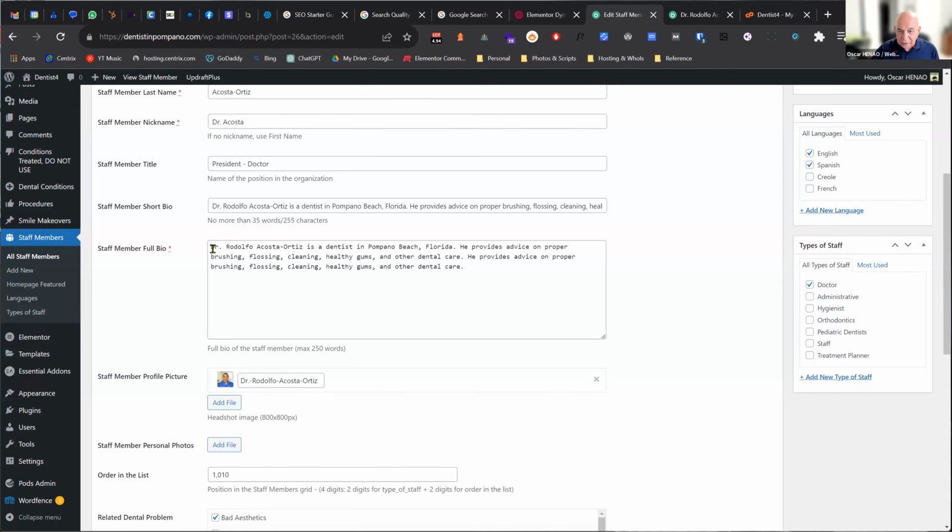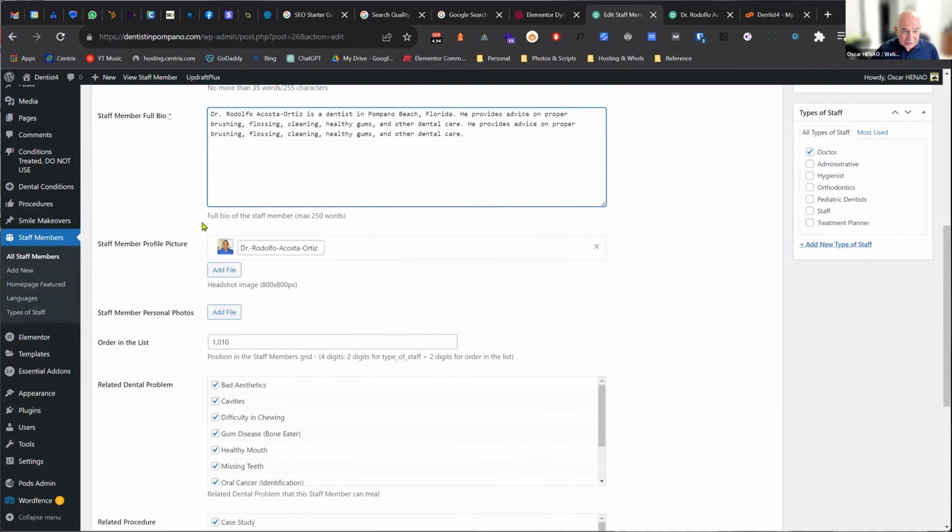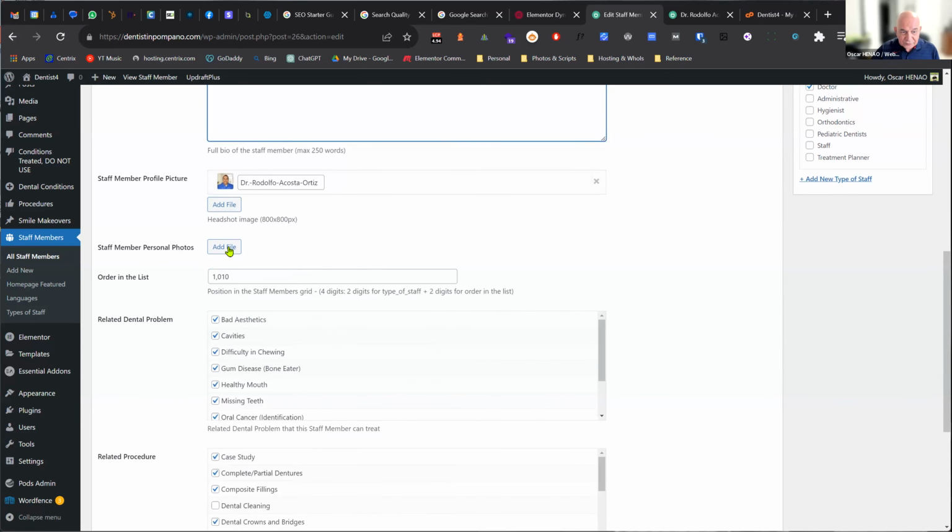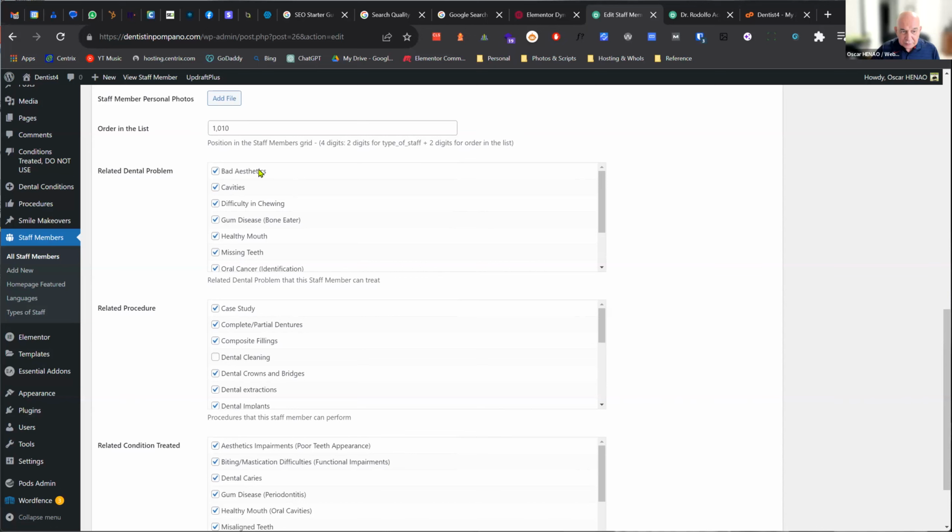this is the full bio. This is in process, so that's why we have these things here. The profile picture, personal photos, I have none, and these are the related dental problems. And if he stops doing missing teeth, I just uncheck it here, update the pod, and it's